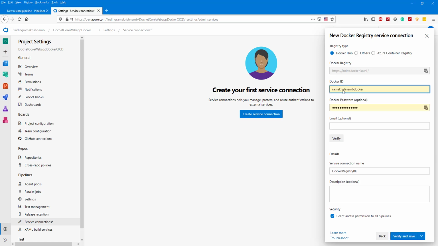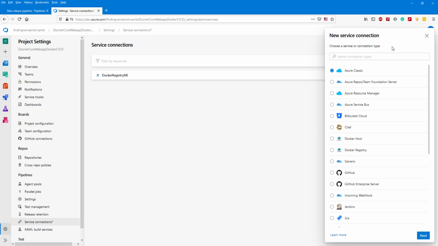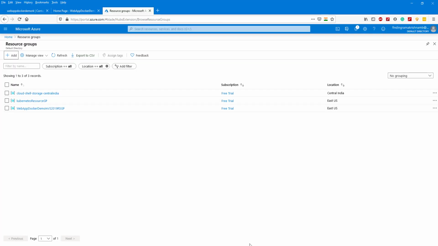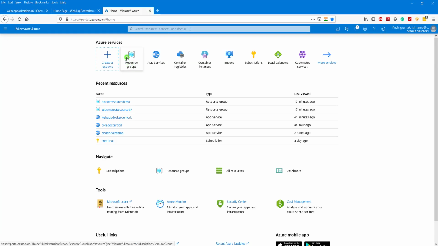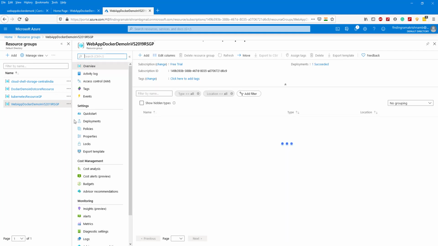So let us create a Docker registry and give a service name as whatever you want, and verify and click save. So Docker registry is created. Now, if you remember, we created a resource. For this resource group, we need to give a permission to access